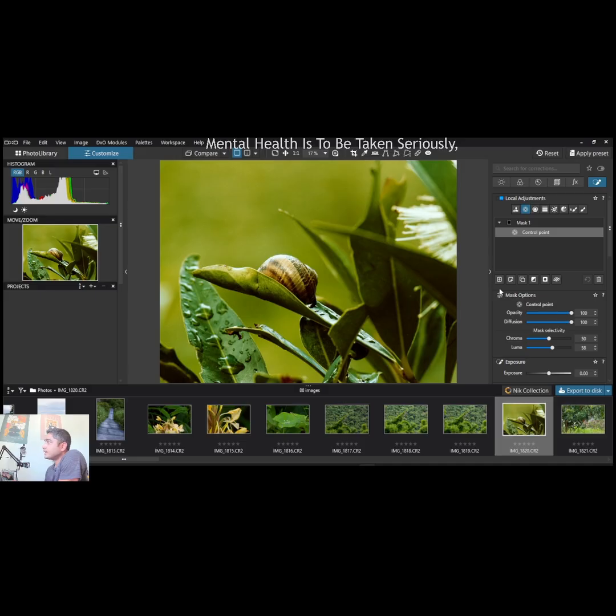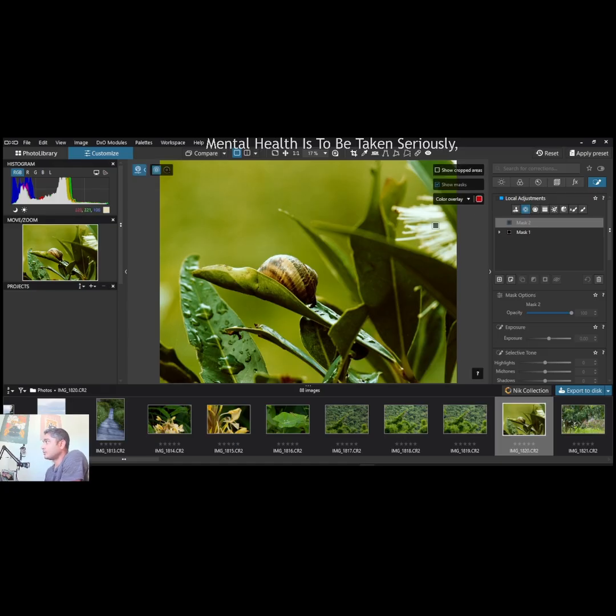Now, the second mask I wish to do is to make this snail a bit overall exposed instead of a little too bright area at the edge. So I'll click on the plus, and then there are many more tools here though, by the way, but I'm not using all of it because you have this auto brush tool, you have the normal brush tool, you have this control line, and the AI mask. I'm just fixed on the basic one that I'm used to do,